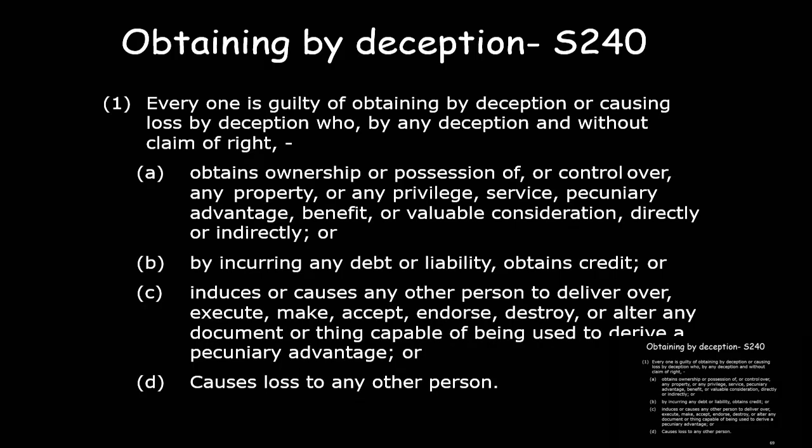When we're looking at the basic structure of the offence itself, we're looking at Section 240, and it covers a situation where you've got someone who carries out some kind of deception, and they do that without claim of right, and they obtain some kind of value of something, so obtain ownership or possession or control over something of value,